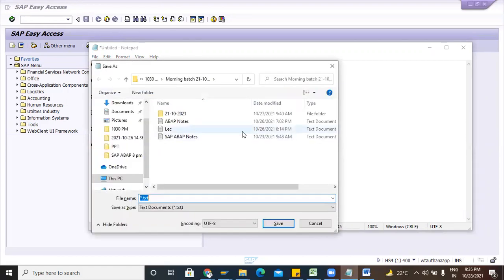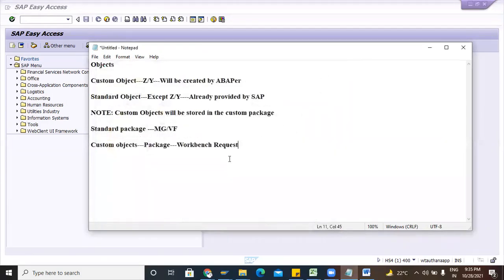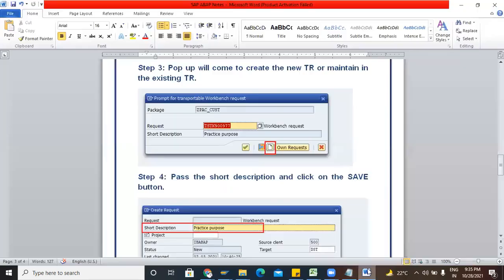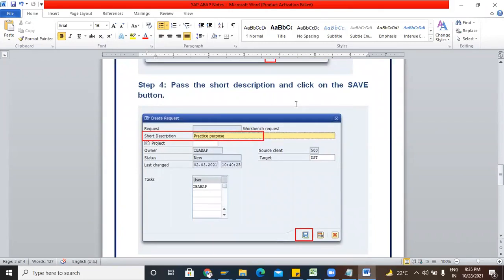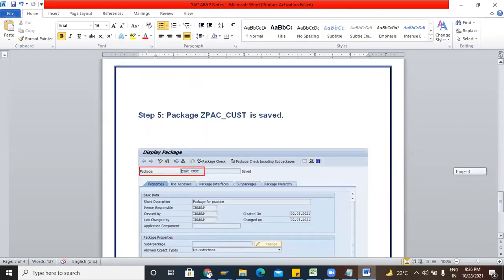For development, we will use workbench request. Pop-up will come. In the pop-up, you can create your TR or you can pass existing TR. Then pass the short description. Click on this save button. You can create your workbench request.